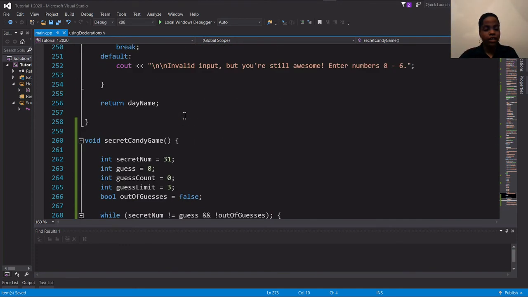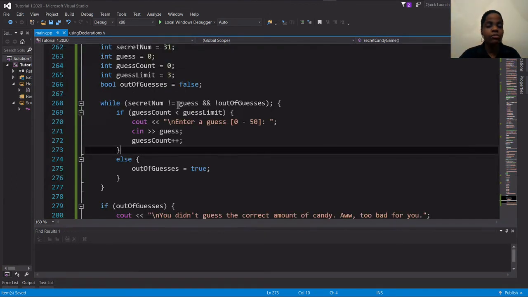Okay. So actually what this says is, while the secret number is not equal to the guess, and the player is not out of guesses, while these both are true, and then you do